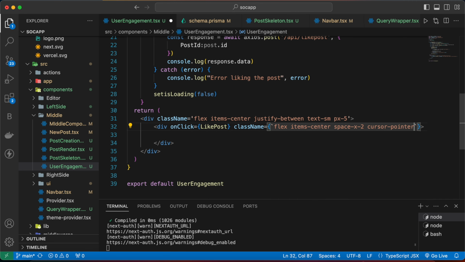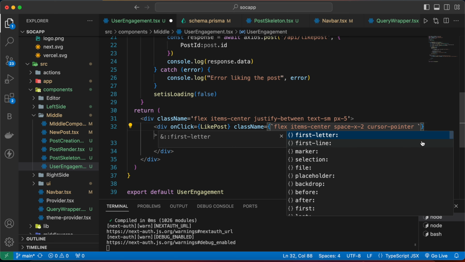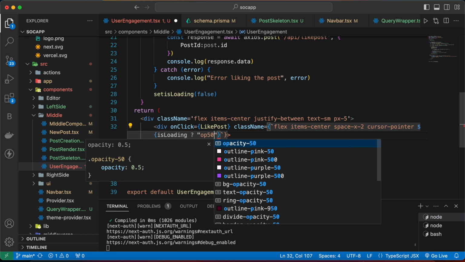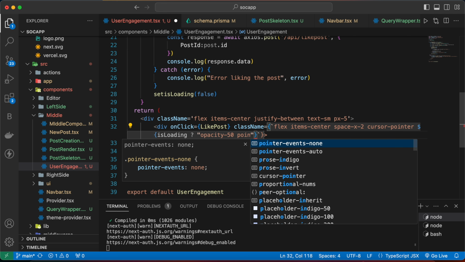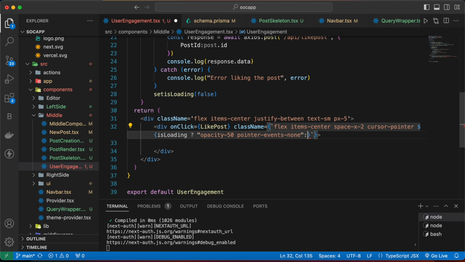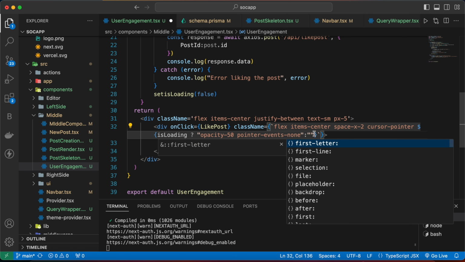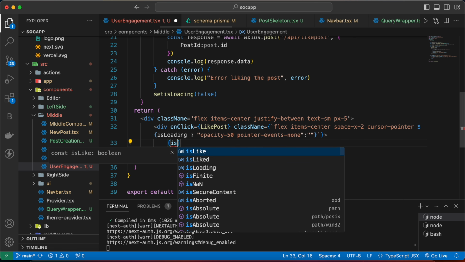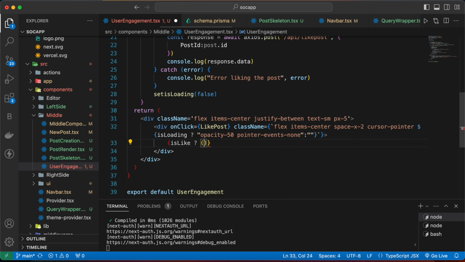cursor-pointer, and then we are going to use the loading state here, so we can write if isLoading is true, then we are going to have an opacity of 50 and pointer-events-none, otherwise we are going to have nothing, so this is default. And now inside our div we are going to check if isLike is true, then we are going to show this icon